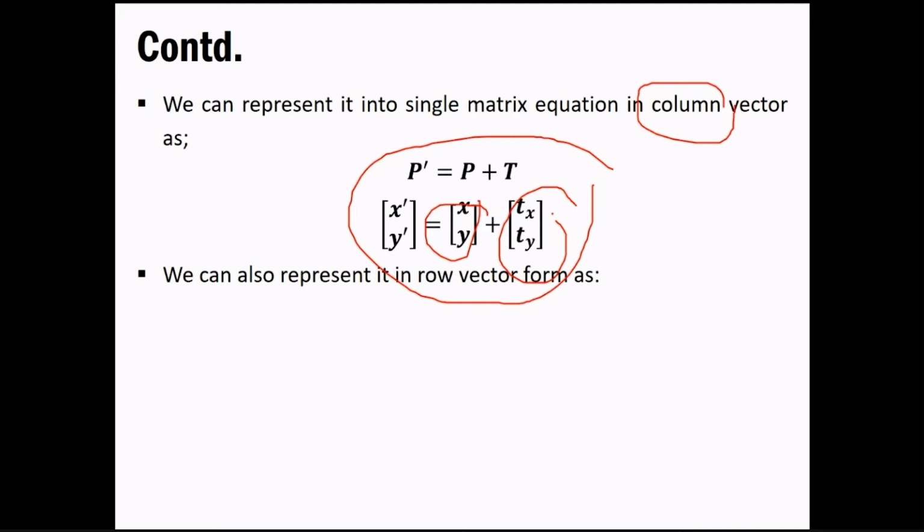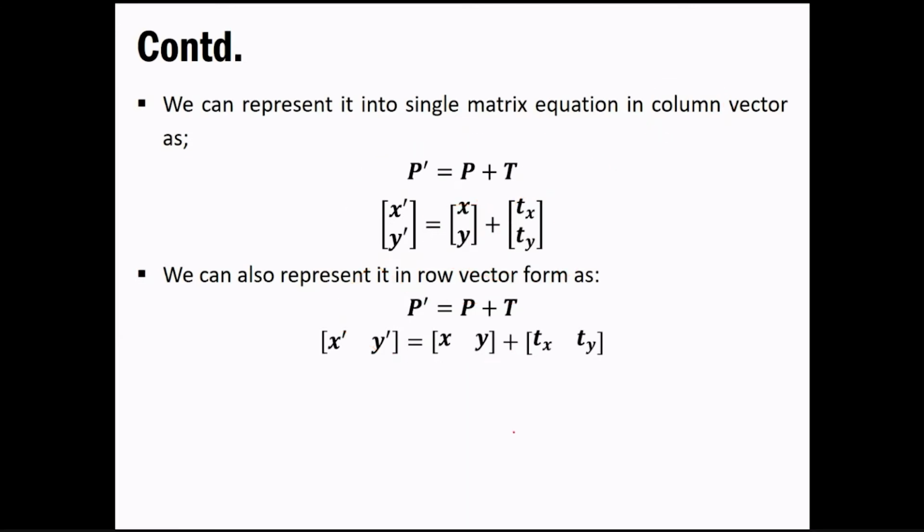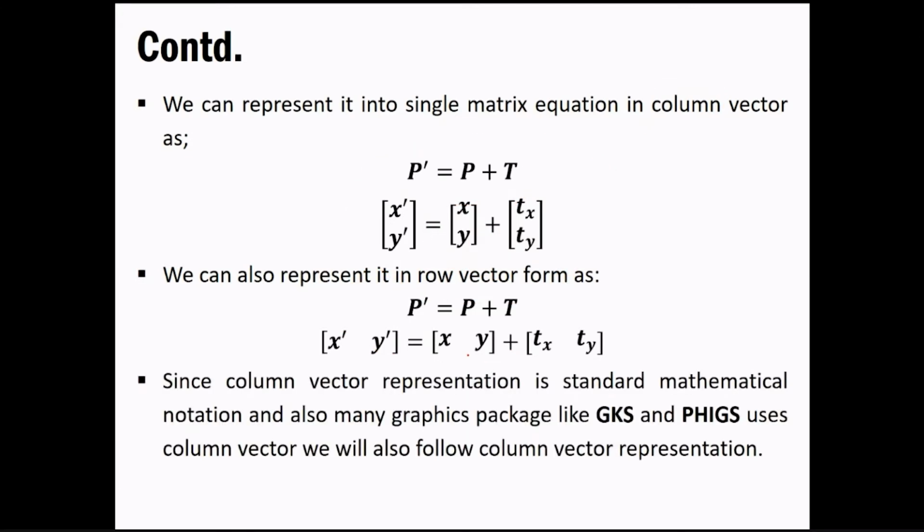Okay, so we have one example. We'll see this, don't worry. With the example you will get more idea of how it looks after the translation. We can also represent it in row vector form, as I said, and that is how it will look: x y and tx ty. Similar things can be represented in multiple ways, but because we are applying this in our programming package, we need to go in a direction where we can easily get this.